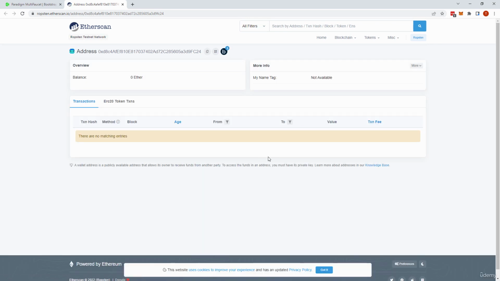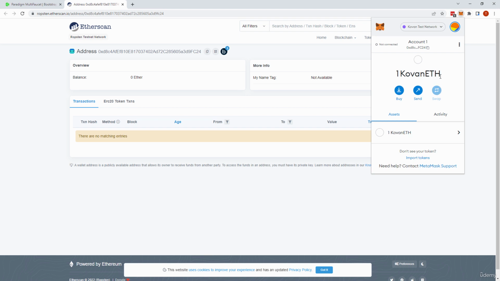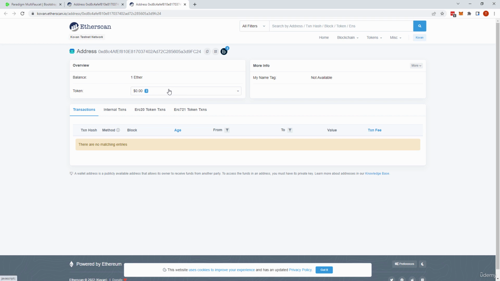So this one might take a little bit. Let's switch over to a different test network. Coven maybe. Let's see if the Coven ETH arrived there already. Yes, they did. Let's open up a view account on Etherscan, and you will see it's opening kind of the same